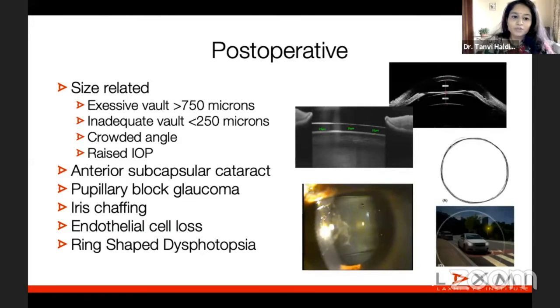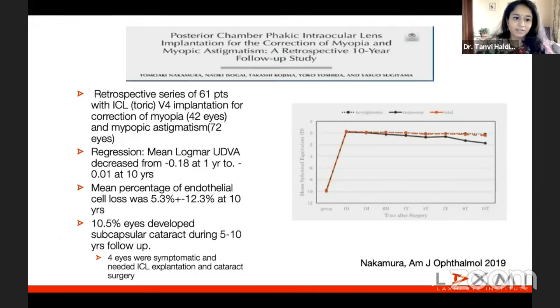The post-operative complications can again be immediate or over a long period of time. Now, most of the immediate post-op complications are because of an error in judging the correct size of the lens, and that's still a gray area, like Ridhima said. And to understand the long-term complications of the phakic lenses, let's look at the retrospective series, which was conducted by